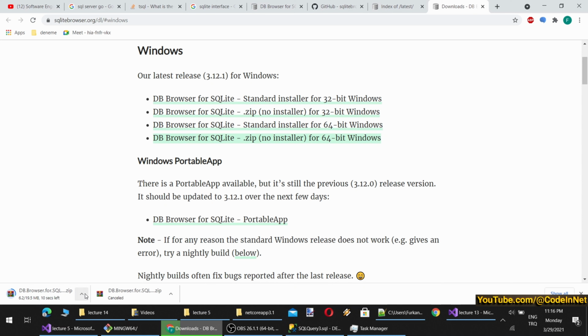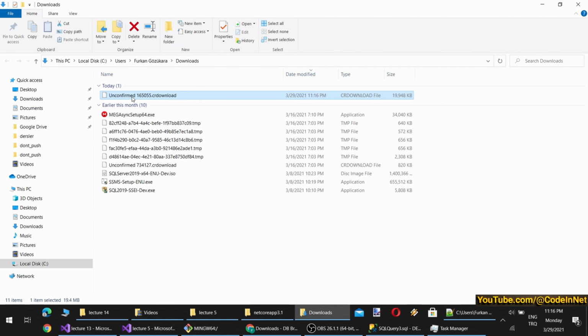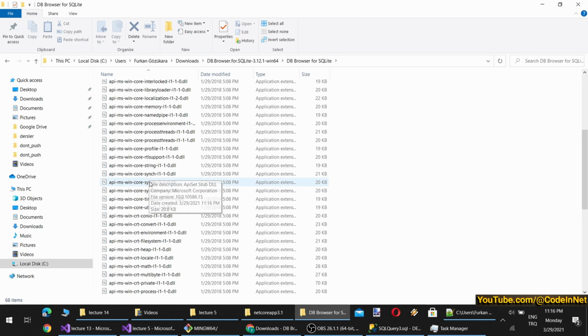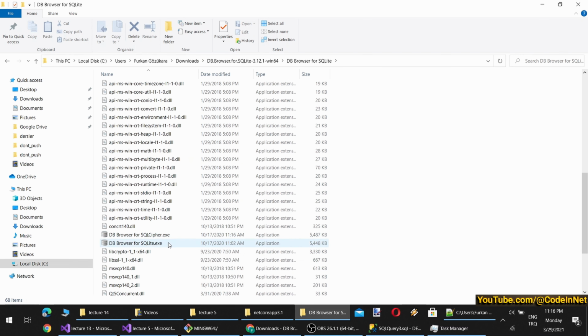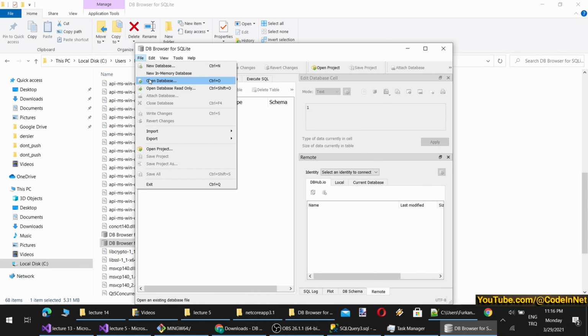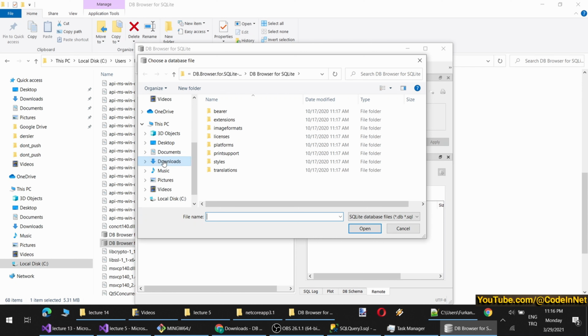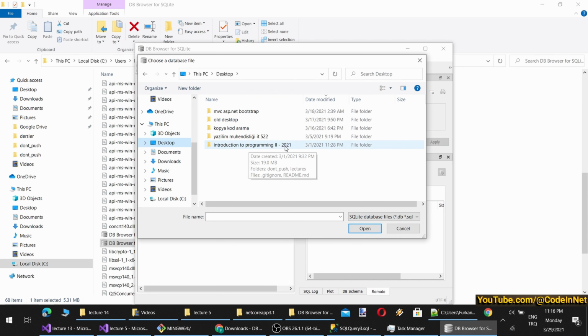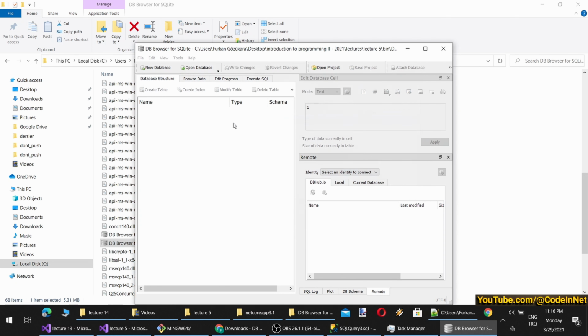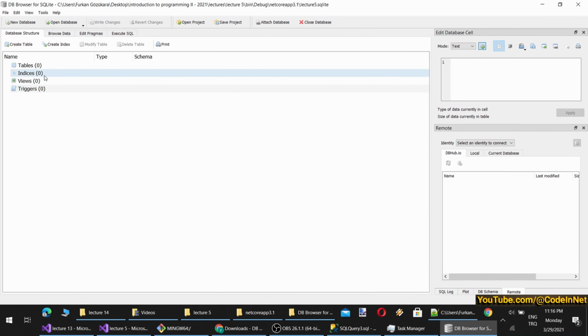So with this one we can edit our database, and then perhaps we may generate the create table command as well. See, it has that capability. Okay, there are some libraries. Here is DB Browser for SQLite, and from here I will just open our database, because it is already generated inside our binary folder. You see that it has no tables yet.